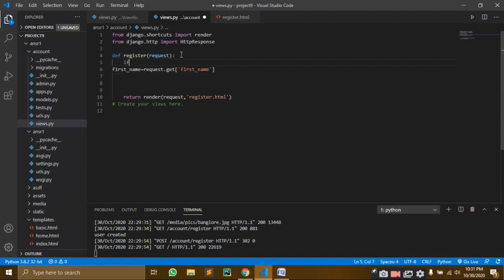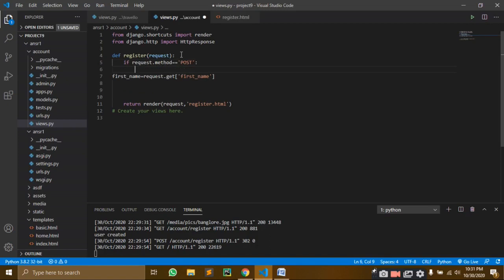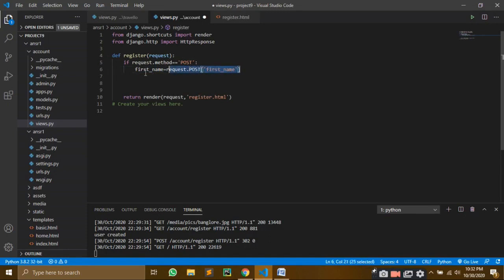So first we need to write here if request dot method is equal to, first we have to write here POST. Okay, then we need to write all of this like this. And as we are accepting POST here, it will be request.POST first name. Perfect. And then we will copy this and paste this,